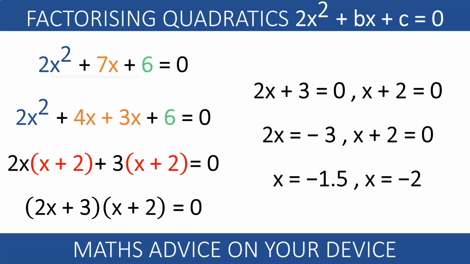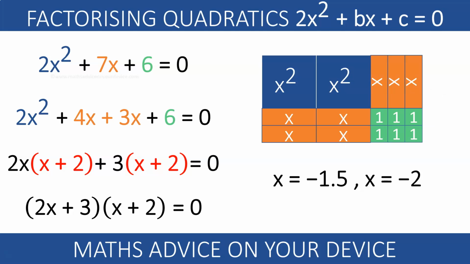Some people don't like the idea of using areas to factorize because when finding that the solutions for x are negative, it makes no sense to use length x. I can see why. So let's factorize the next one without using areas.